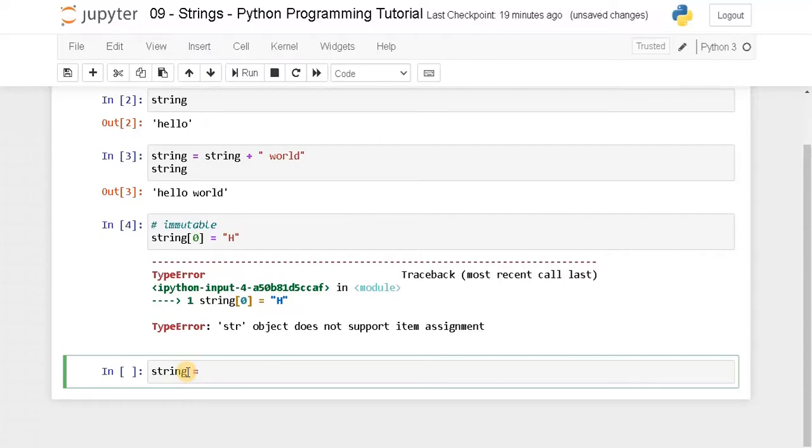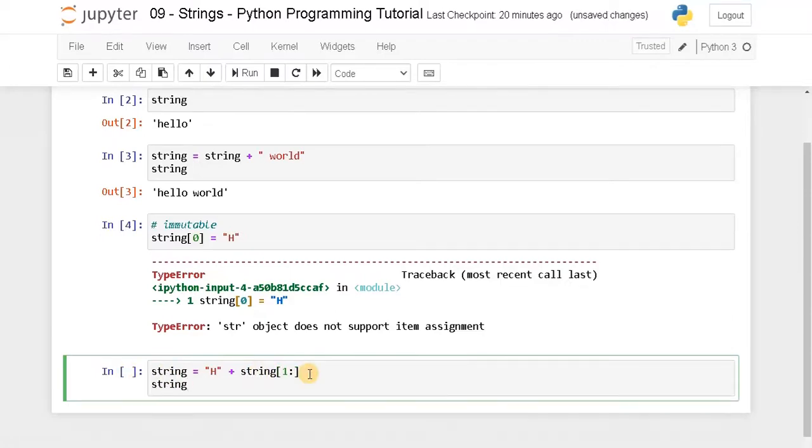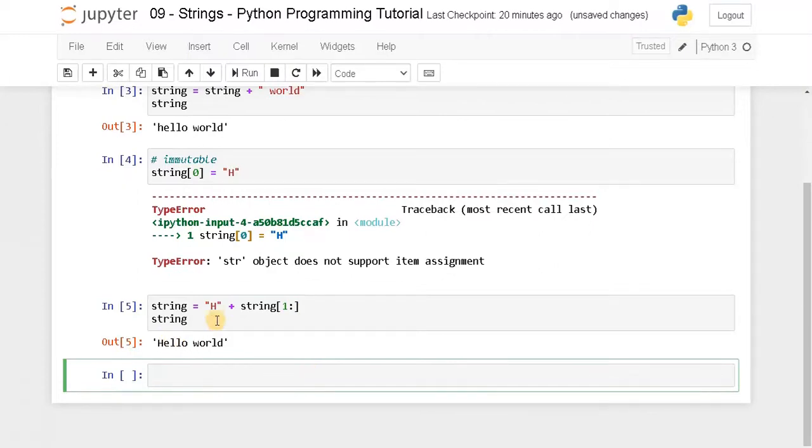String equals capital H plus the rest of the word, that will be string of 1 colon. So starting from the first index, that is e, it will add the rest of the value to the string. So H will be there and the rest of the value, hello world, will be there, and both are concatenated and assigned to the variable string. If you run it, now we have changed the small h to capital H.